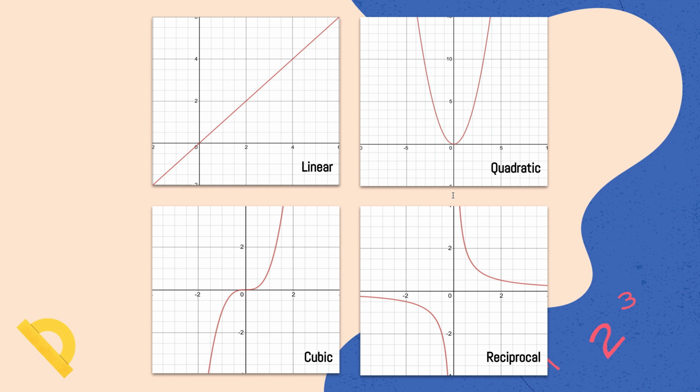And the last function that we will look at today is the reciprocal function. The reciprocal function is a type of function which is made when the input value is put in the denominator. For example, this is the graph of 1 upon x. So over here, x, which is our input, is in the denominator. It is also possible that it may be in the numerator, but then the numerator and denominator have to be different in magnitude. For this example, it is 1 upon x.